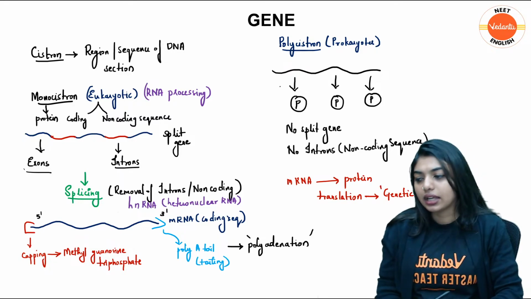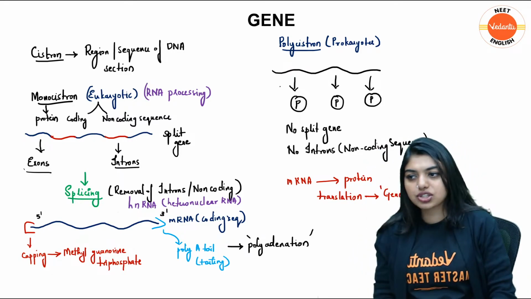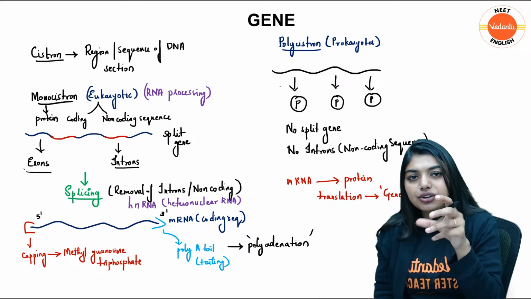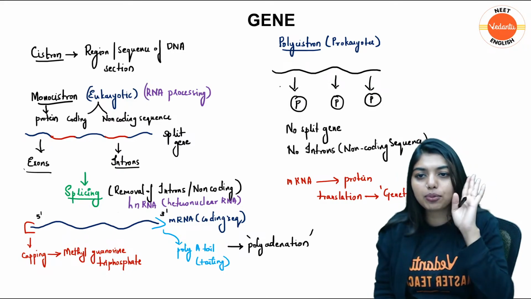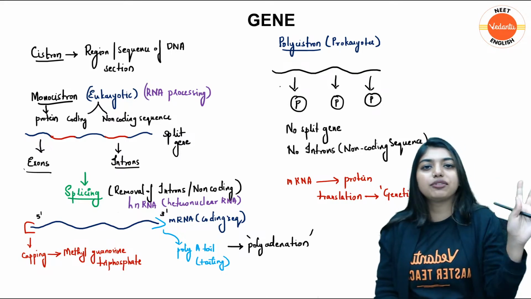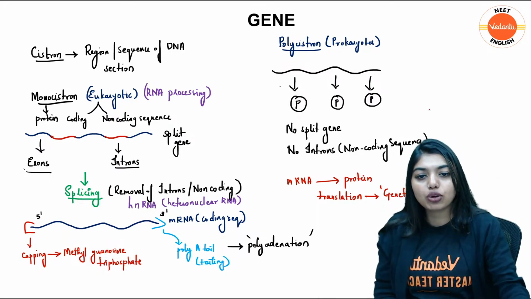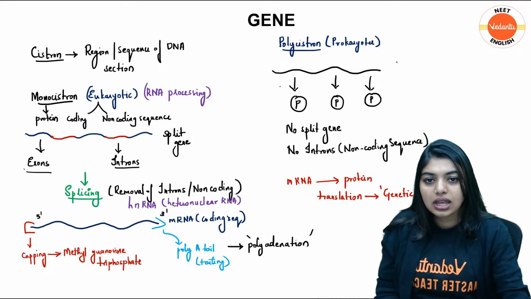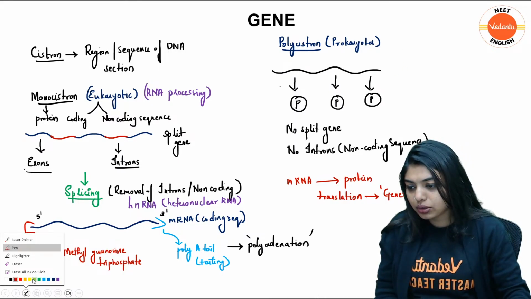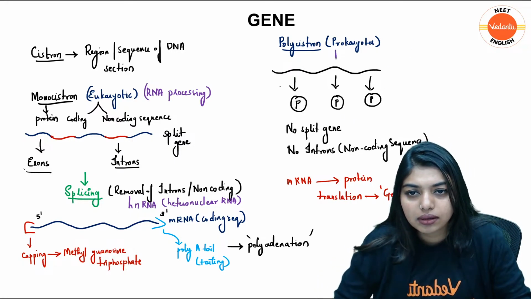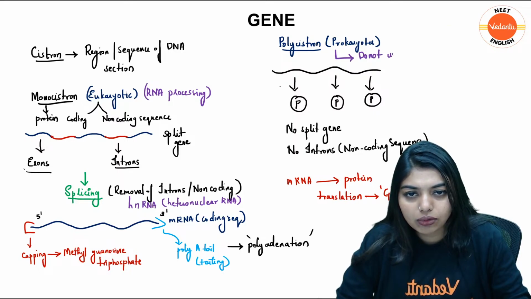This is the thing. Polycistronic and monocistronic, I hope it's clear. Monocistronic means that region of DNA will only code for one protein. In polycistronic, different regions will code for different proteins, and they do not have any split genes, and because of that, they do not have to undergo, very important, I'll write that also, they do not have to undergo